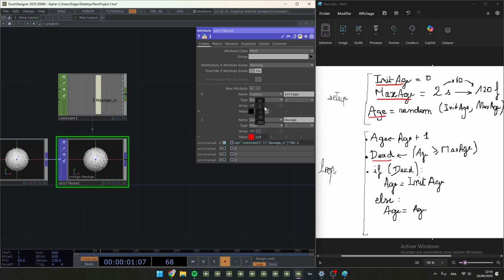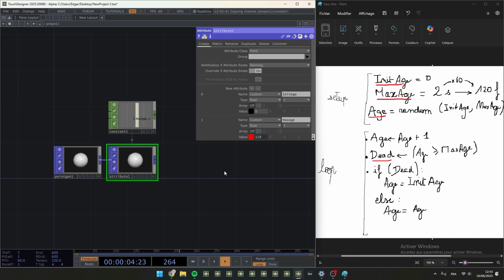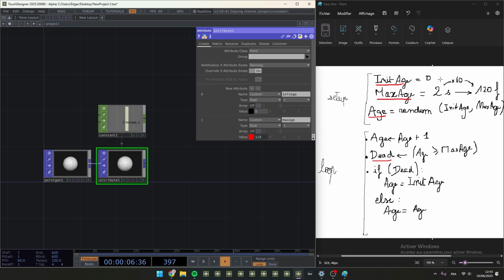If we start at 1 here, yes, okay, we can go from 1 to 120, but we start at 0, so I do -1. So we have this,